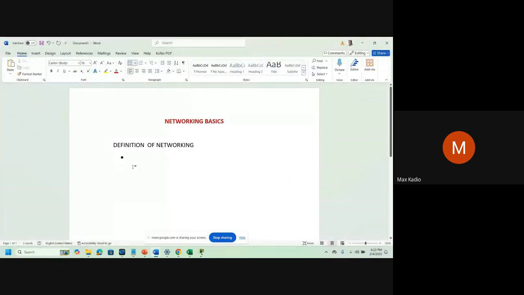So in networking, we have interconnection of assets, communication between these assets. Example, road network or computer network.